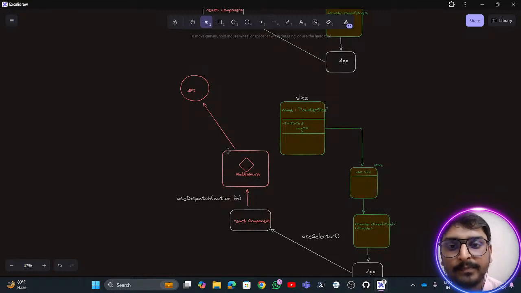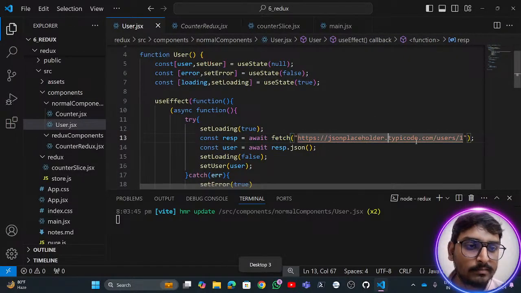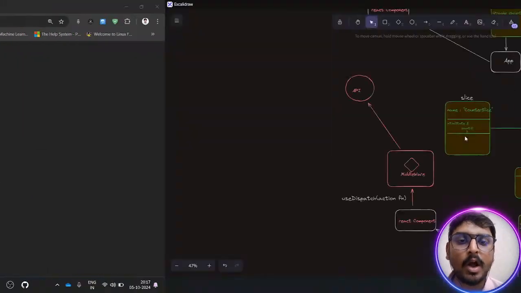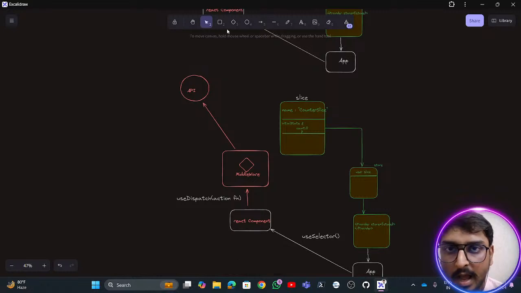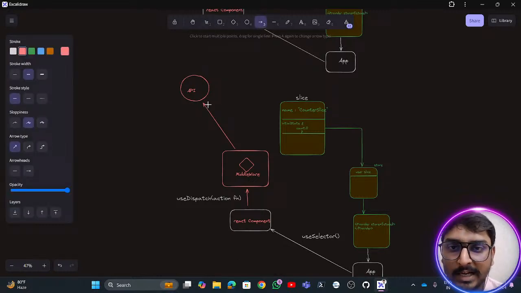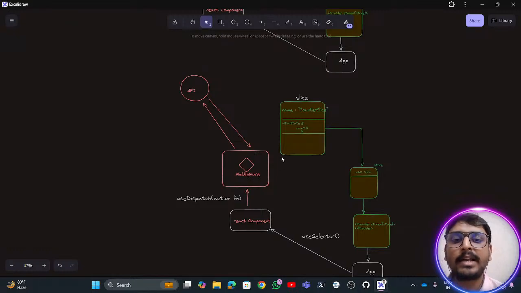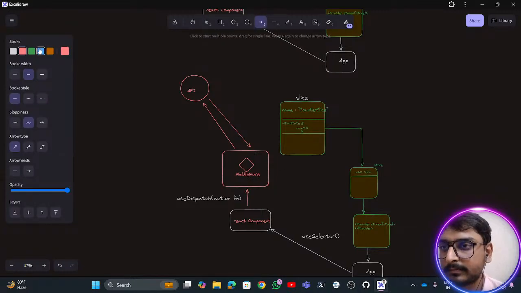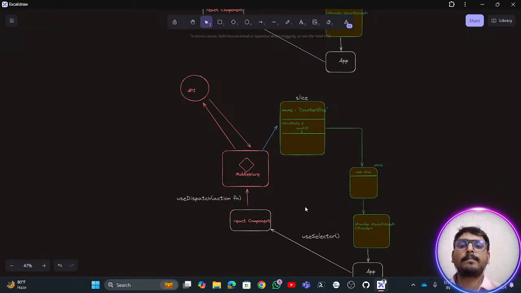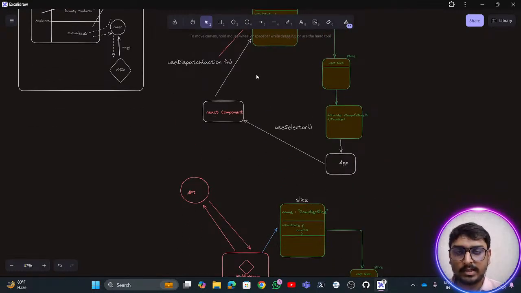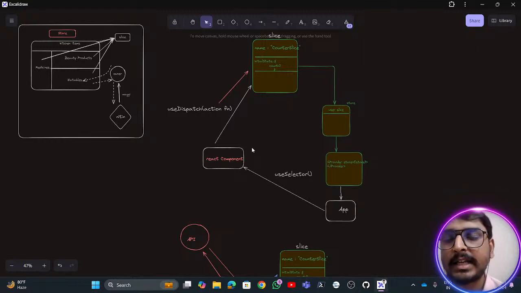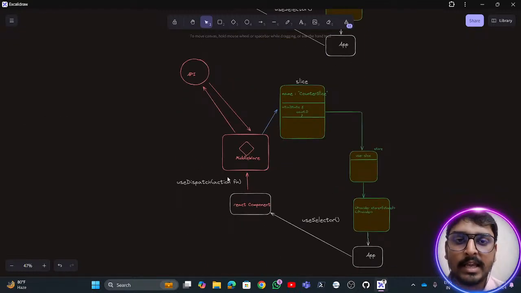Once we create the middleware, it goes and asks the API, I just want data from this particular link of this user one, how can I get it? Now the API will respond back to this middleware. Then once the middleware gets the response, it contacts your slice. If you observe both of the above, this is how synchronous Redux state management happens, but here asynchronous